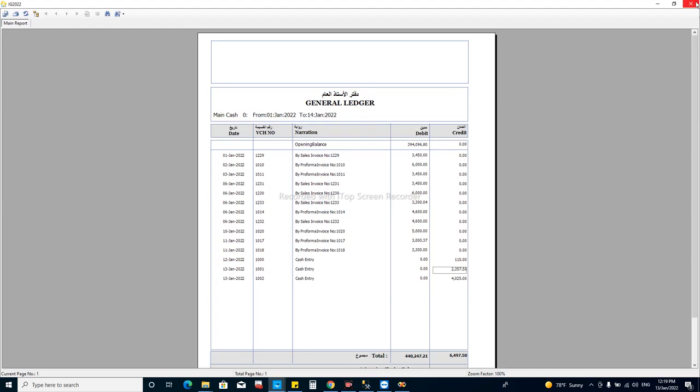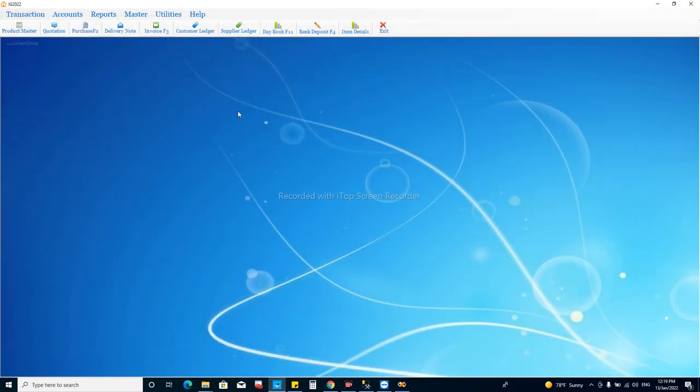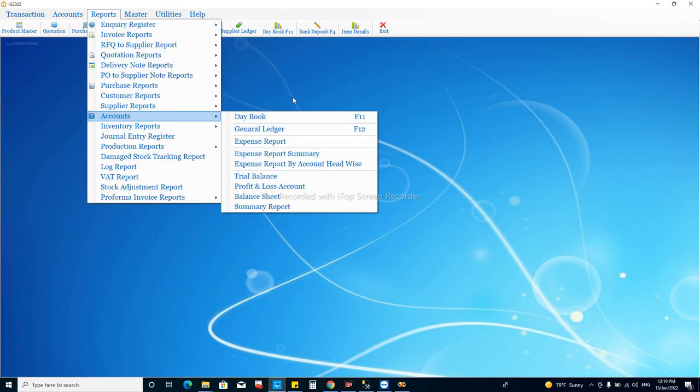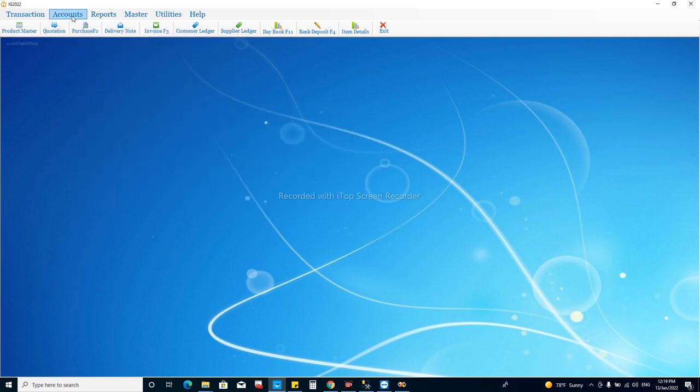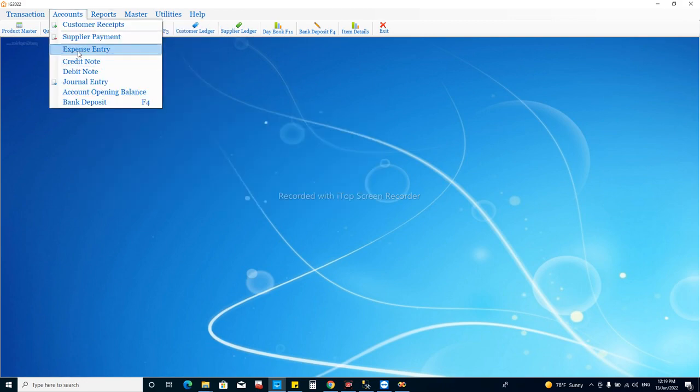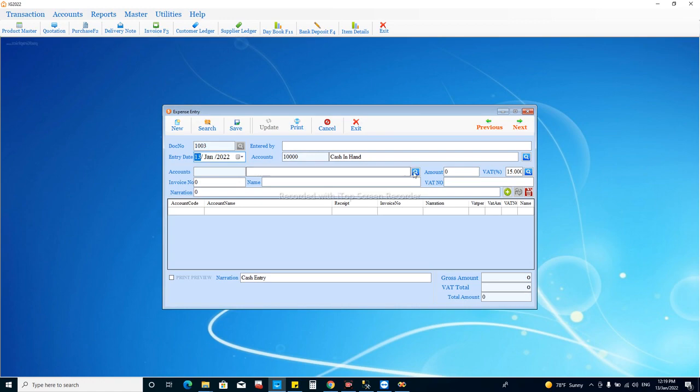This is how we can check how the expense entry is affecting our daily business records, in our cash account or bank account or other ledgers, or getting the reports of the expenses. All the facilities are here. So this is the voucher to create and manage our expenses in Infogate accounting software.